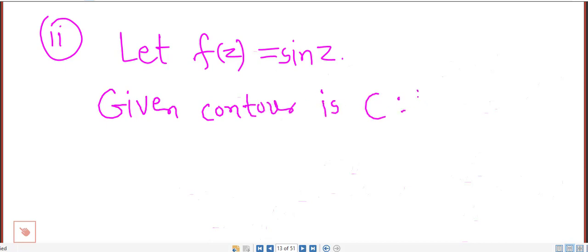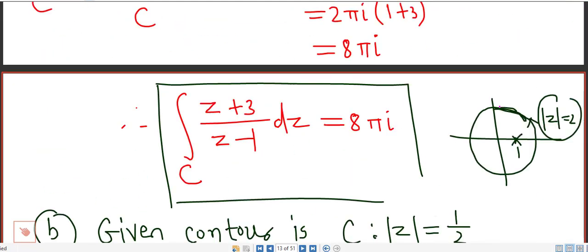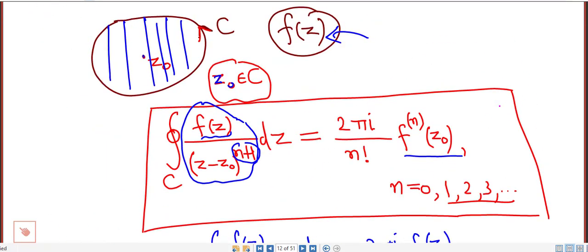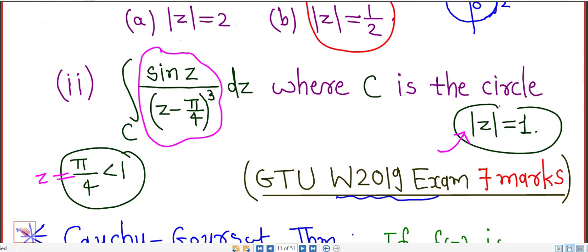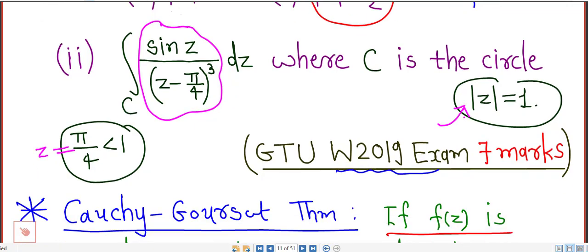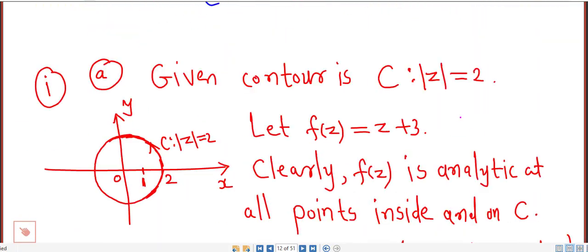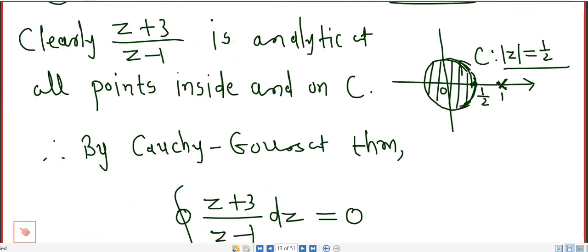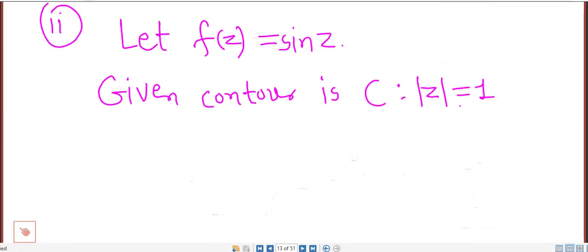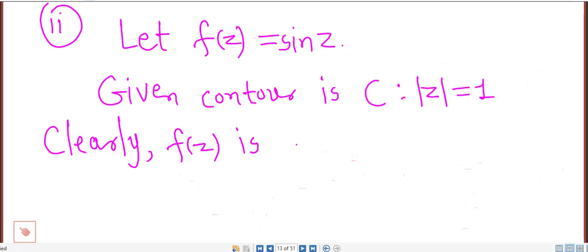I think it is mod z equal to 1, the unit circle. So let me check again. The function is sin z divided by the cube of (z minus pi by 4), and C is the circle mod z equal to 1. So it is clear that sin z is analytic everywhere inside and on this contour mod z equal to 1. So clearly f of z is